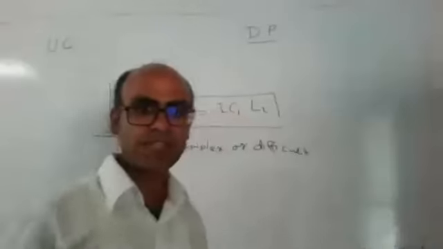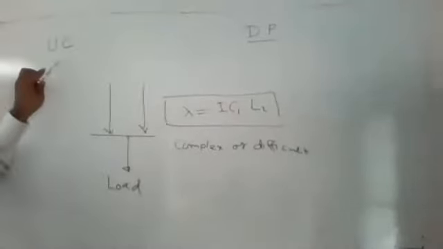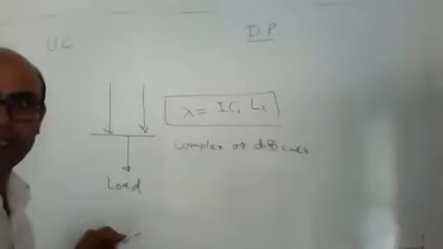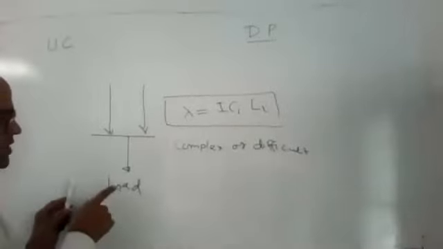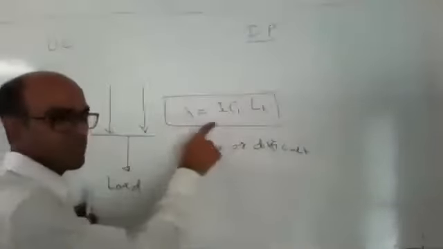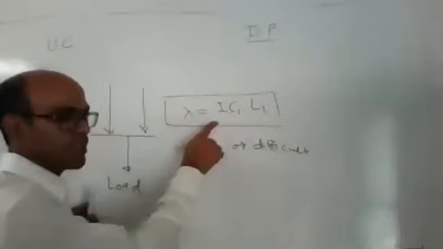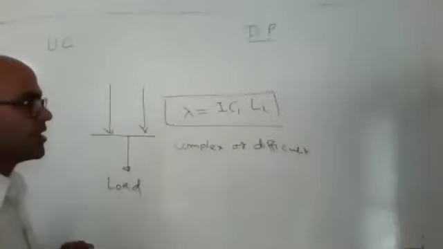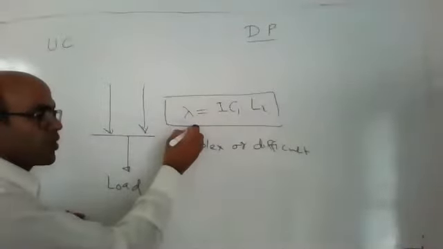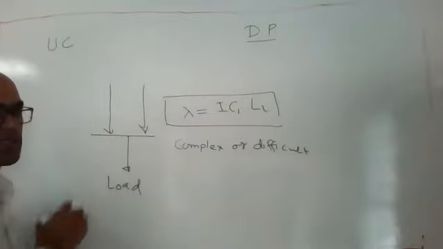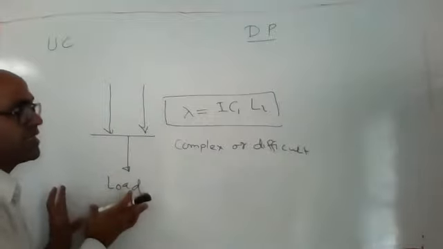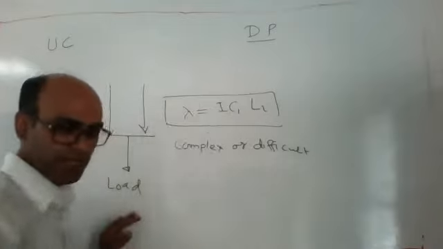Okay. So again, I repeat, what is the meaning of unit commitment? Based on the load requirement, we start generating units which have a minimum cost. And that will be decided by this formula. This is called the exact coordination equation. Solving this exact coordination equation for any power system is a time consuming and difficult task. So to improve this strategy, we have to use dynamic programming.